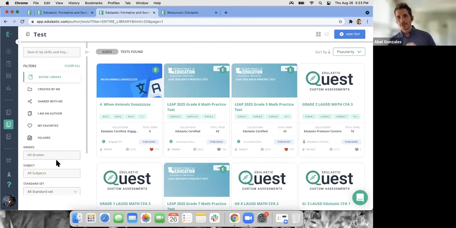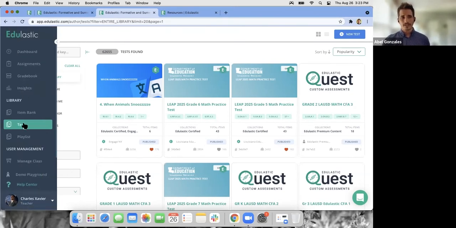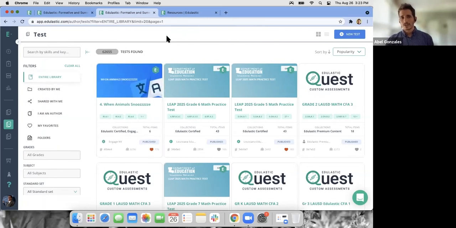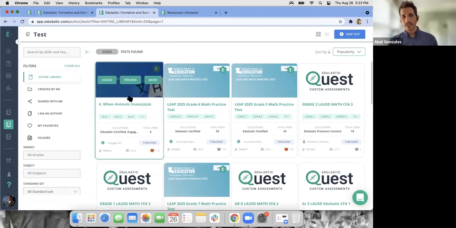Now let's talk about some premium features that are aligned here. And a lot of them are going to have to do with this specific area, looking over at the test library, are going to be in the assignment settings. So if at any point I'm ready to assign an assessment, I'll simply hover over the test card and select assign. But before I take you to that assignment option, I want to first explain what it is you're looking at on this test card,